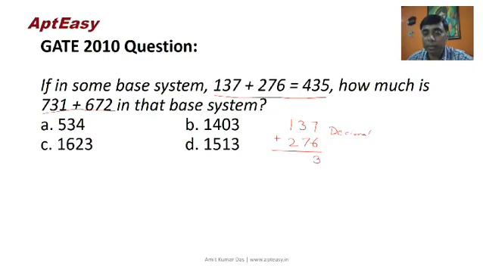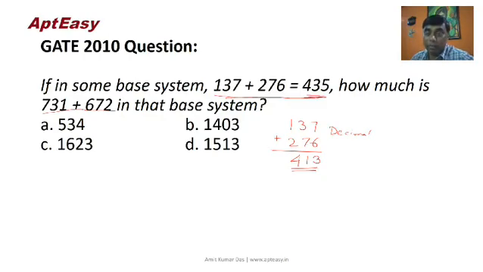7 plus 6 is 13, 7, 3 carried, 10 plus 1 is 11, 2, 3 carried, 4, 13, right? So what we can see is that this addition in decimal is giving 413, whereas actually we are getting 435 here. That means it is not in decimal. Further, since the number we are getting in this different base is bigger, the values are such that it is in a base lower than 10,